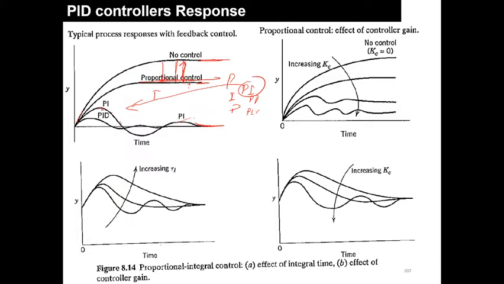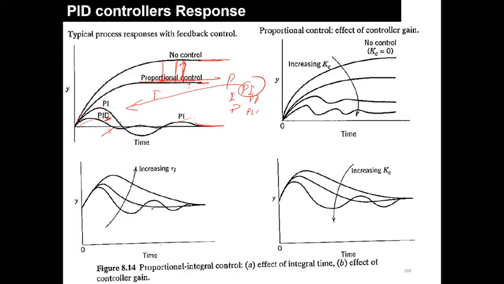Now we have to correct the dynamic response. How will the dynamic response be corrected? With the help of derivative control, by introducing derivative control. You can see here, as derivative control is introduced into the PI control, that is PID control, the response is like this, and it is the most appropriate response of all.